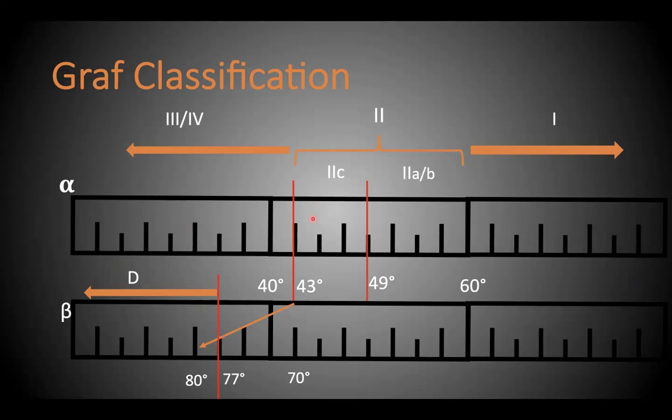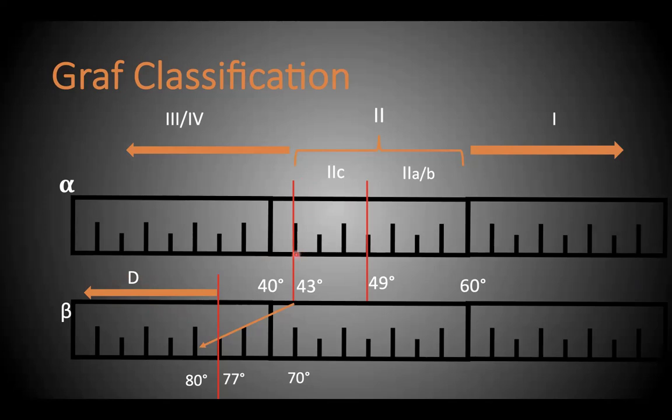Now, what Graf says is if you identify a type 2C hip, you are supposed to perform a dynamic scan by giving a slight axial push to the hip to see if your beta angle worsens with a Barlow maneuver. Sorry, an Ortolani maneuver. You perform an Ortolani maneuver, and if your beta angle is worsening beyond 77, then it indicates that your hip is at risk of dislocation, it is unstable, and then you should treat those